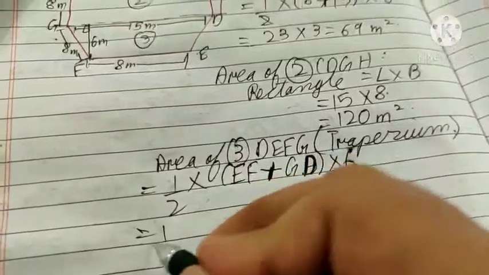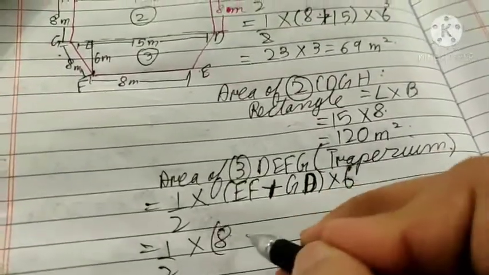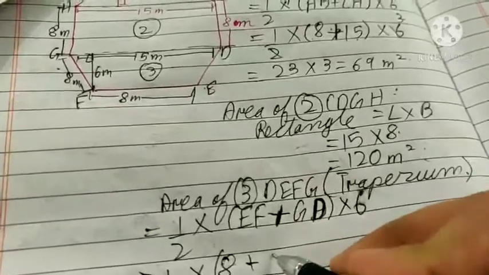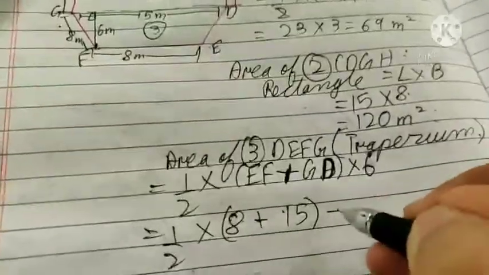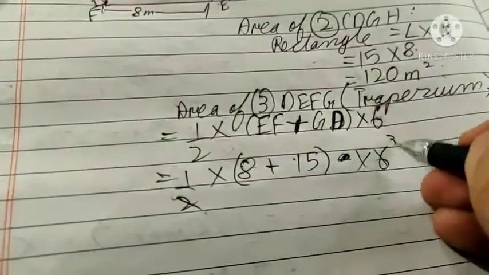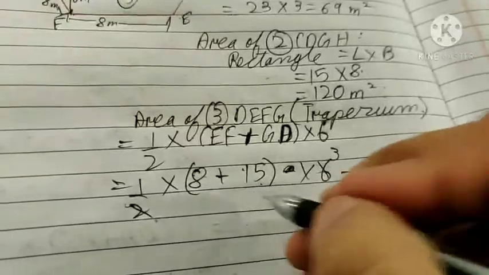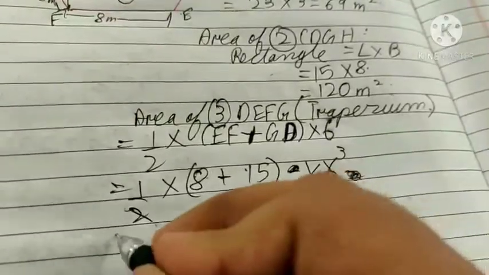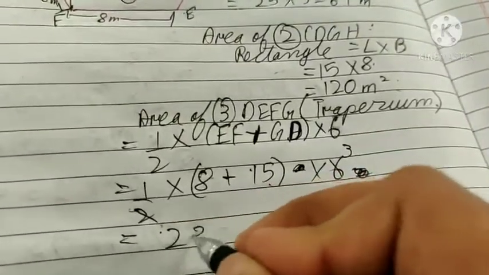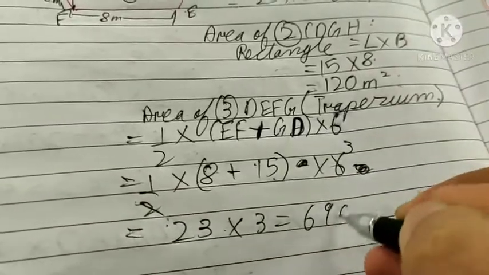So half into EF is 8, GD here is 15 into 6, it is 3 sa, so 8 into 15, sorry 8 plus 15, it is 23 into 3, that is 69 centimeter